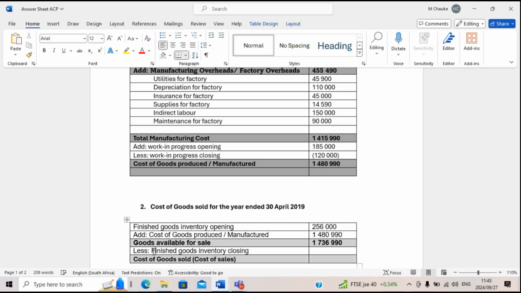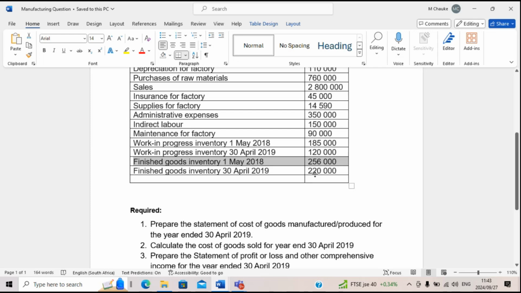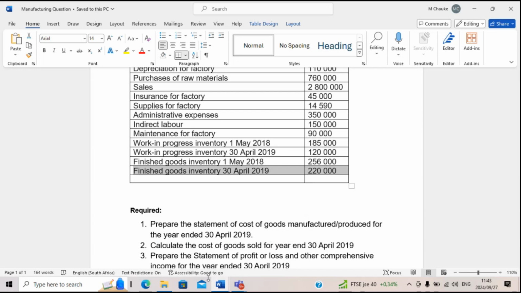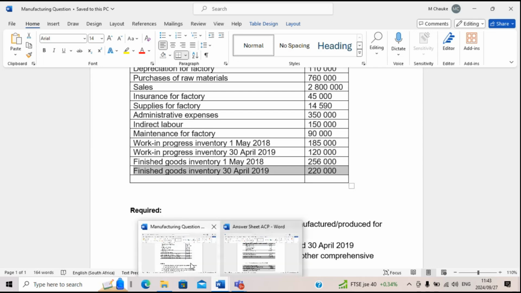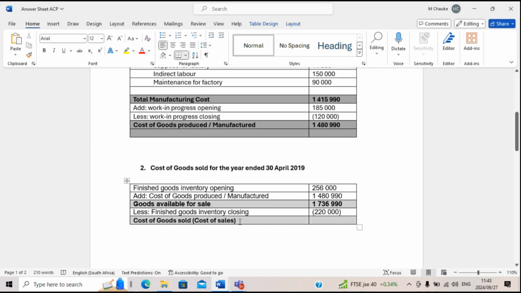Finished goods inventory closing. We put it in brackets because we have to subtract, right? So let's check in our information provided regarding Maluta Manufacturing. It's going to be 220,000 right there, and that is our closing finished goods. Then we're going to get cost of goods sold, which is cost of sales in other